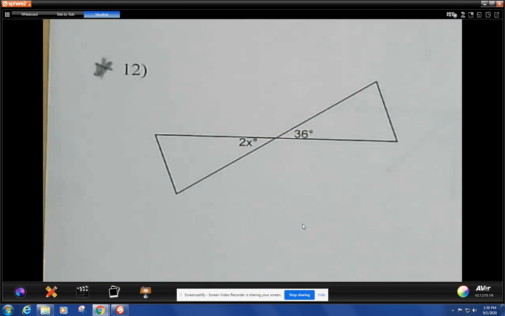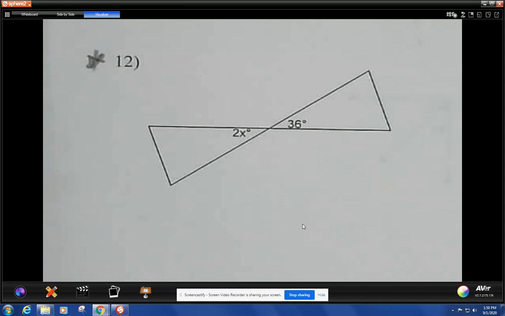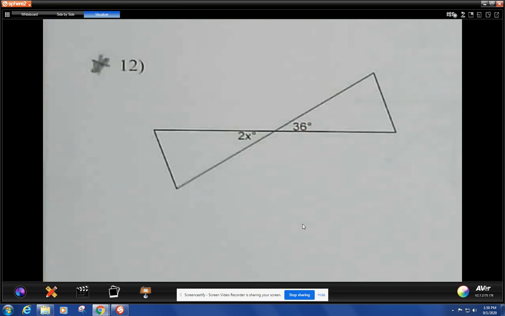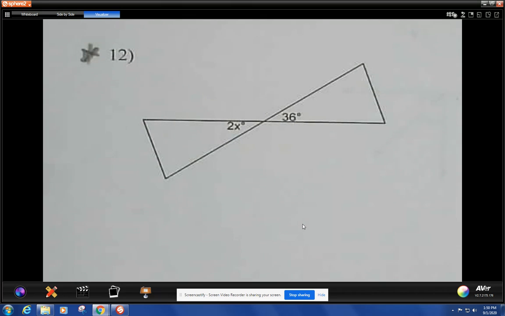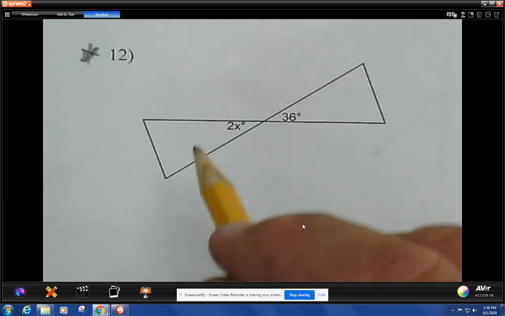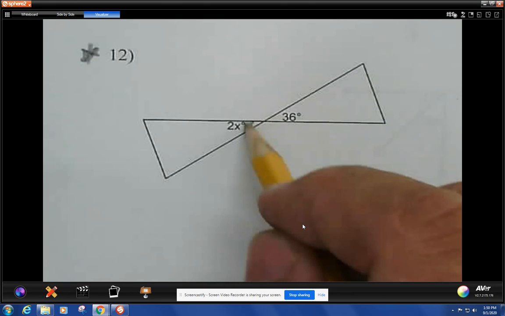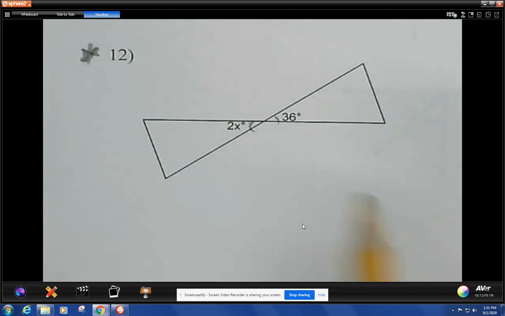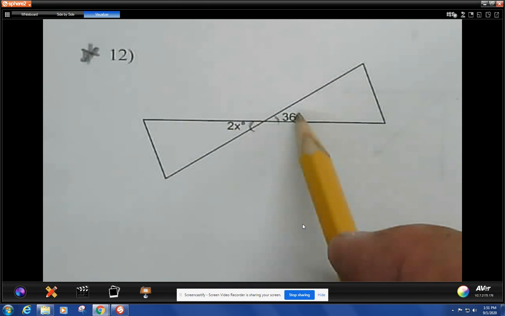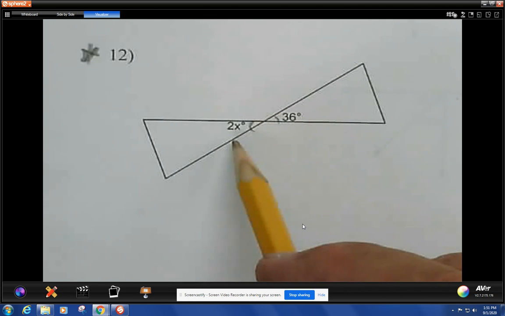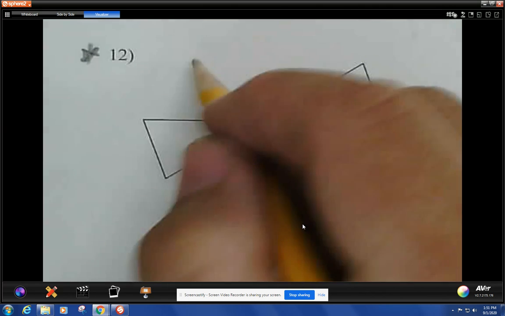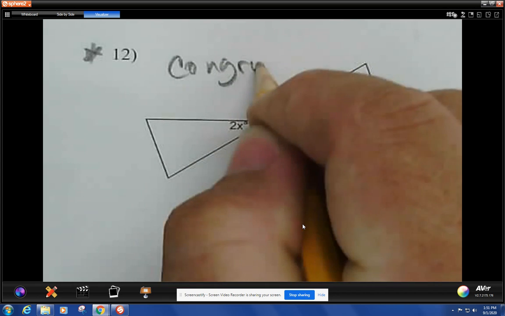All right, so now let's move on to number 12. So number 12, we have this situation right here. And if, again, you watch the videos, and hopefully you have been watching the videos because they're there to help you, you will understand that these two angles are vertical angles, and vertical angles are always congruent. Okay, congruent means they're equal. So when you have two angles that are across from one another, like this, they're vertical and they're congruent, which means congruent, again, I'm going to write it up here. Congruent